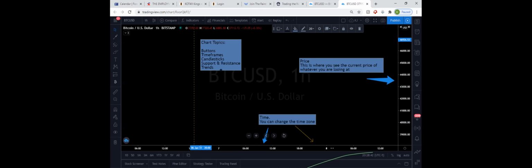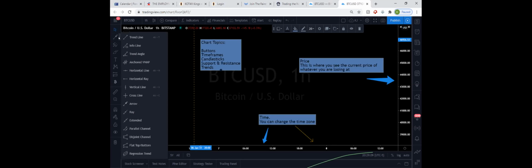At the bottom, you're always going to see the time. How this time shows up could be a little bit different based on the time frame that you choose, and I'm going to go over that in a few minutes. On the left side here, for right now, you guys aren't going to use all of these buttons. The one that I really want you to pay attention to is the second one. It's called Trendline Tools. And when you click it,